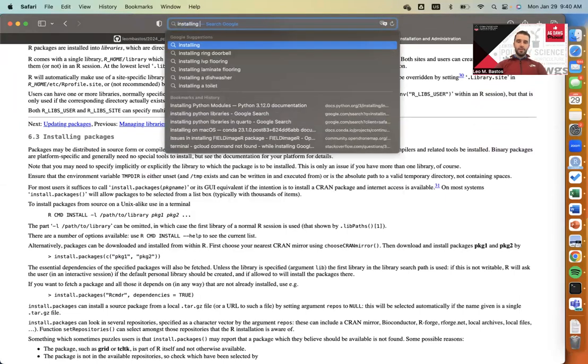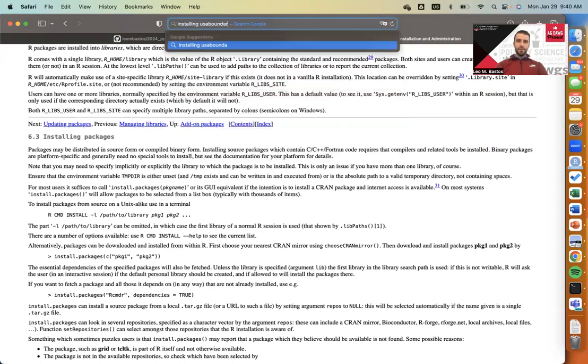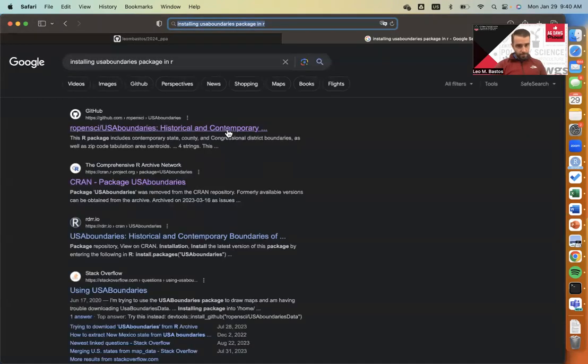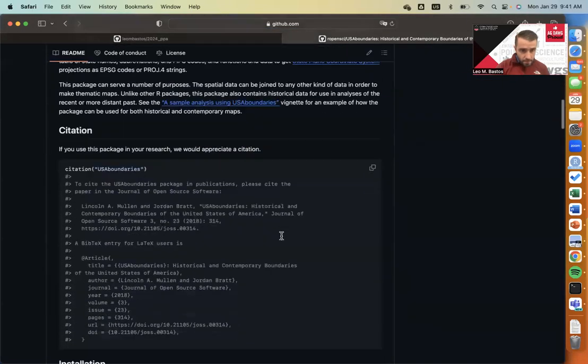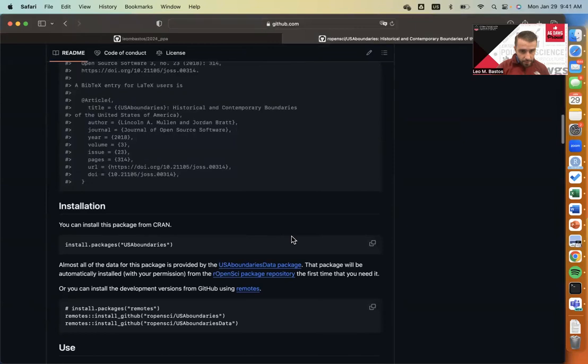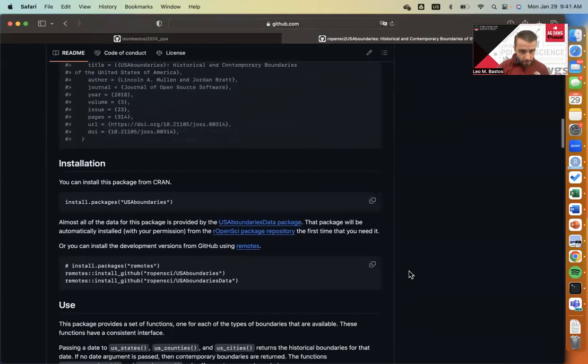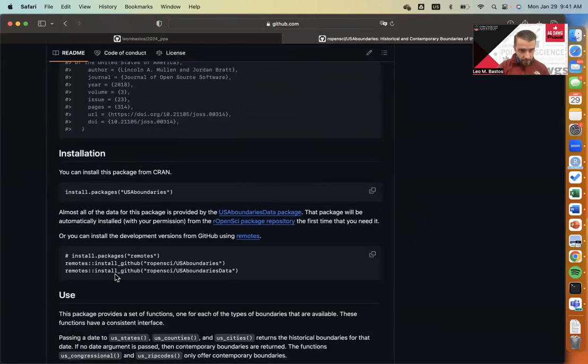Let me try installing the USA boundaries package in R. Okay, so this is not working. So maybe let's try